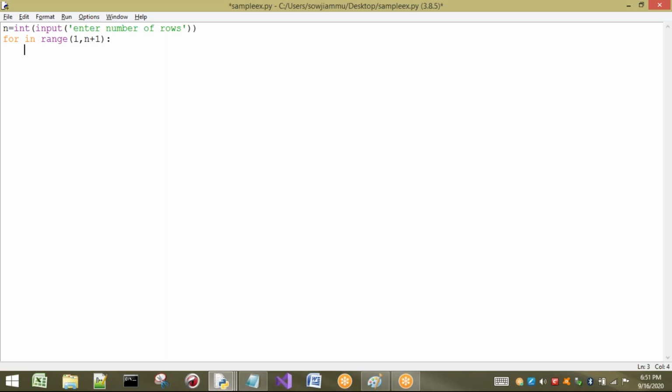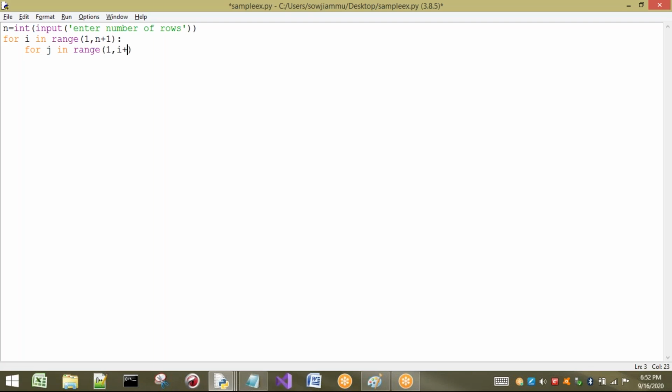Now, how many stars have to be printed every time? For that, let us take this one as i here. Next one I will take j, for number of columns, in range of i comma i plus 1. If you are unable to understand, I will explain once again, no problem.